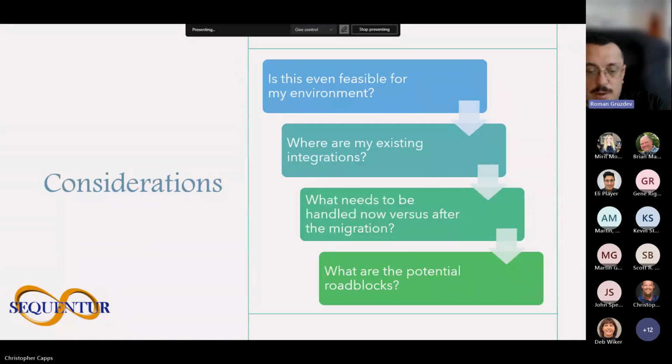So our recommendation, what we found the hard way: don't go into this after you're done. Plan it ahead of time. Test, document, and train your IT staff as priority one, and make sure users are trained before you go into migration. Chris, back over to you, unless anybody has any questions regarding the slide.